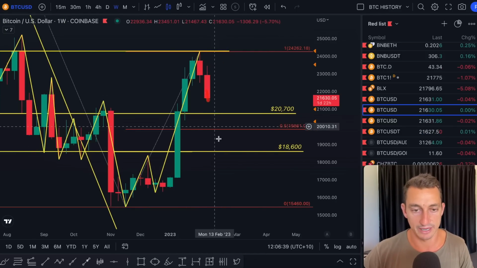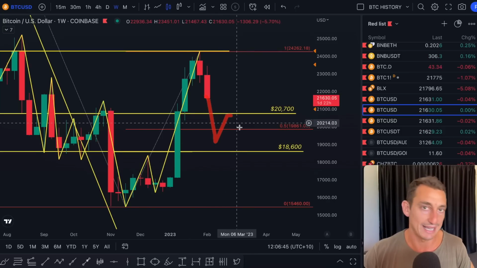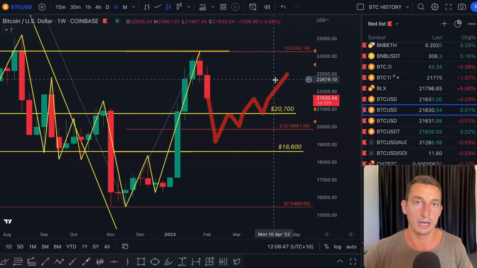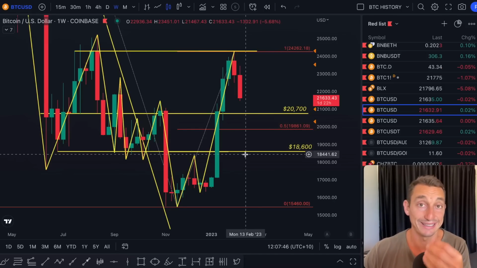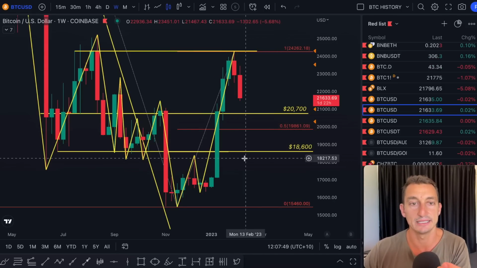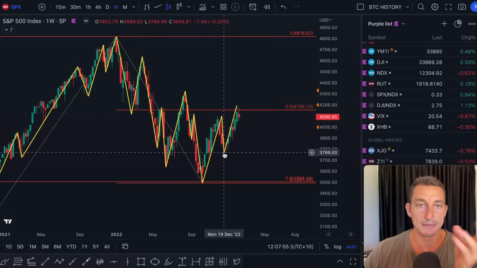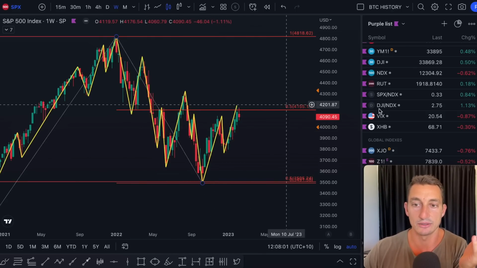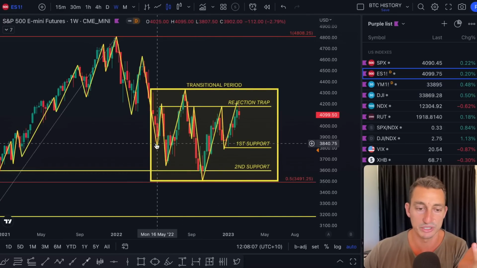If this move doesn't go under $18,000, then we're probably in a good position to start to accumulate, DCA that old BTC, for that move up. My opinion of the market is that we haven't seen the structure change yet. I'm not anticipating that the structure will change, but these are my levels in case it does. A drop below 18K on Bitcoin, and for the S&P a break of that December bottom. Same sort of deal for the Nasdaq as well. So far the structure is telling us that this is that transitional period we've looked at before, basically the market trying to find its grounding level, which has been going on since around May, since that bottom came in May.